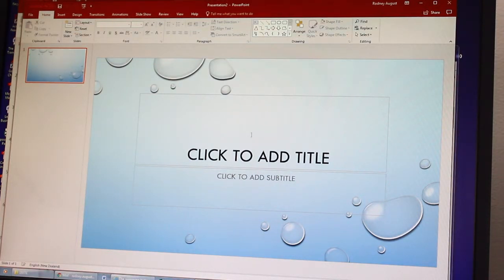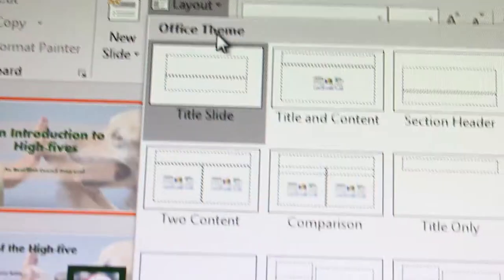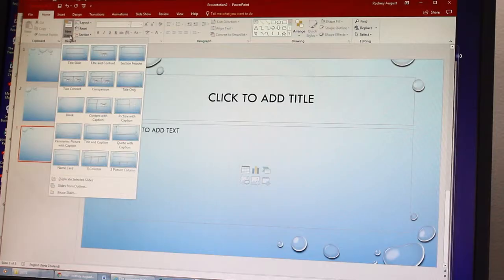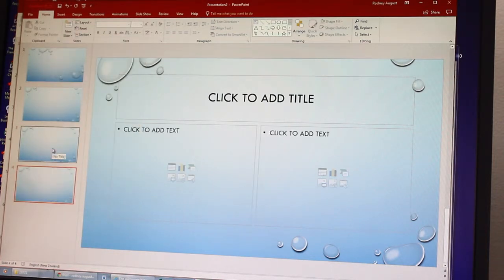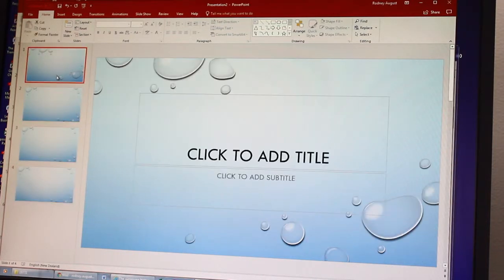So, when you're looking at this, you'll see that we've got a whole lot of different tabs up here on the top and a whole lot of different tools here that we can play with. So we've got our home tab, and in our home tab that's where we can create new slides just by hitting the new slide bar, or we hit the downward arrow and we can see a whole bunch of different layout options. So I might go with two content,